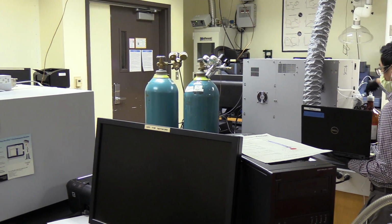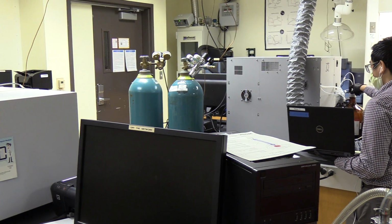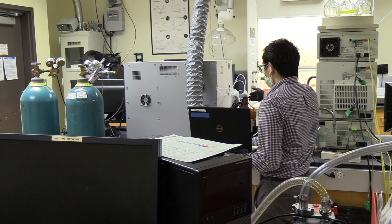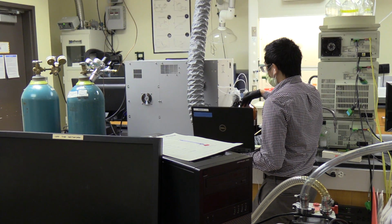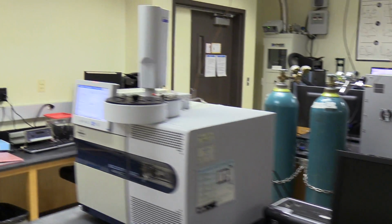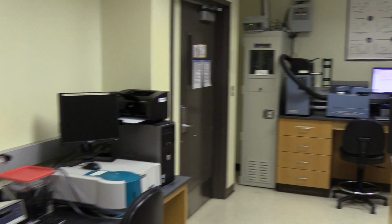When you're running this solvent through your system and you're not injecting any chemicals, what will happen is that you're going to be losing solvent to waste. So to make it so that you can save solvent, you would move these two lines into your solvent bottle, and the flow of your